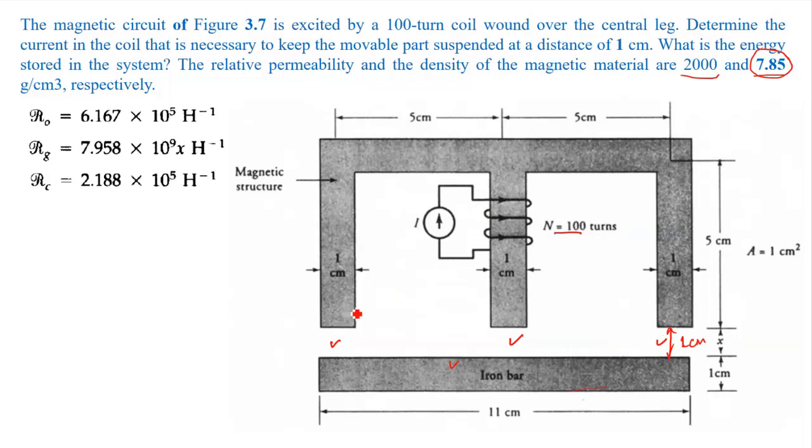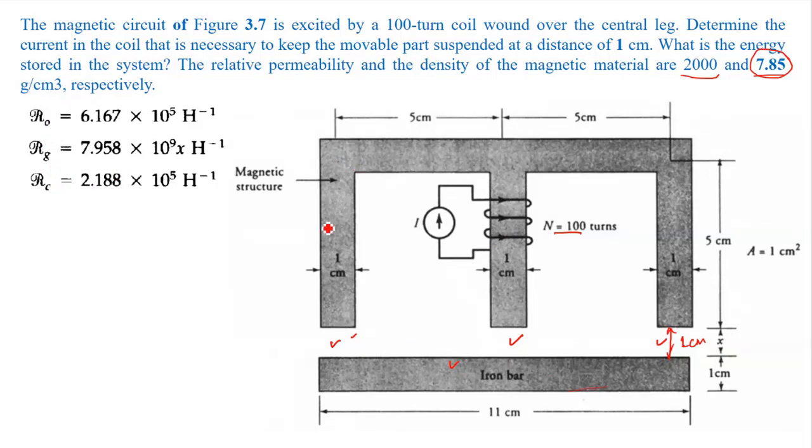And these will also exert some reluctance, right? So we now have 3 components of reluctance. One is your air gap here, 3 air gaps, and one central limb, right? And the other one is your